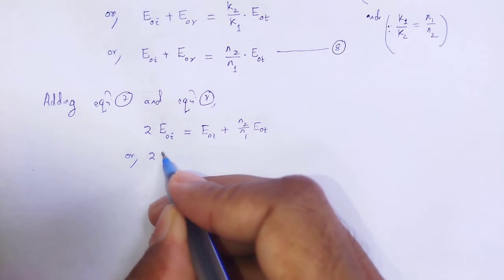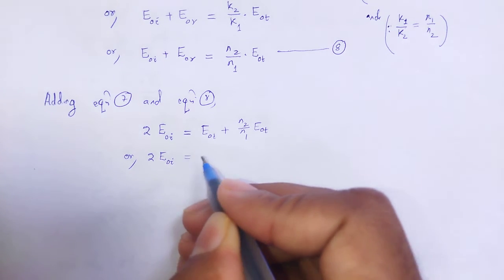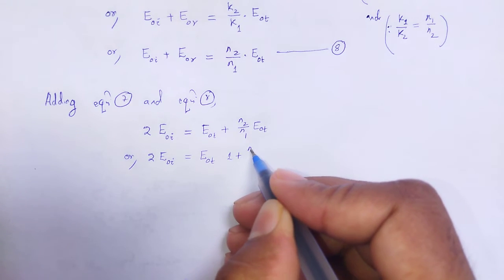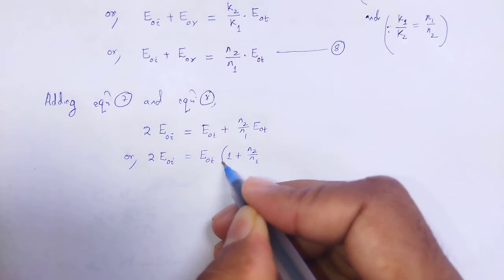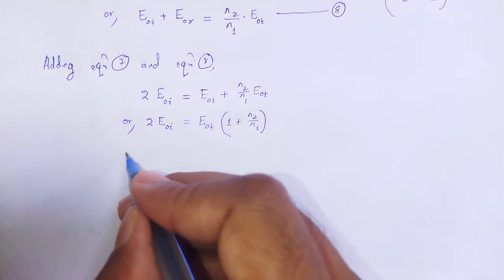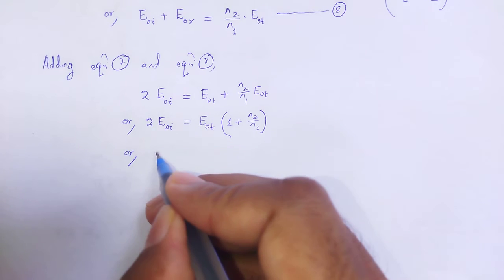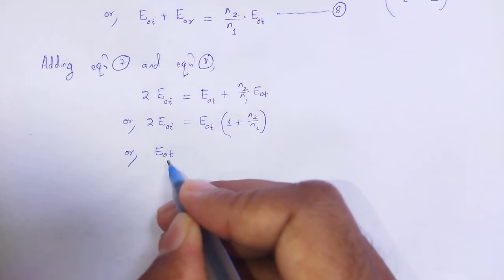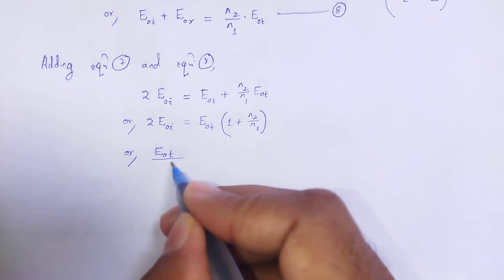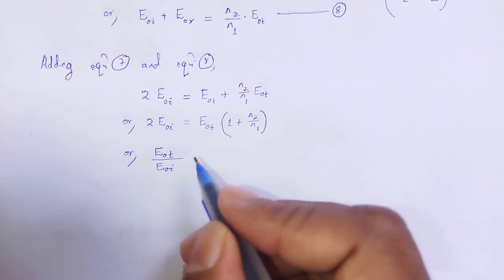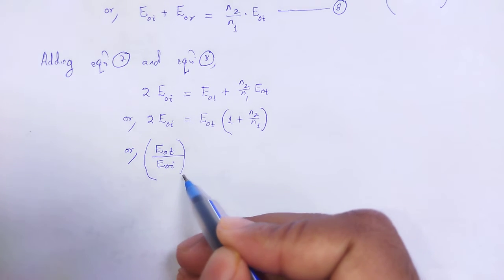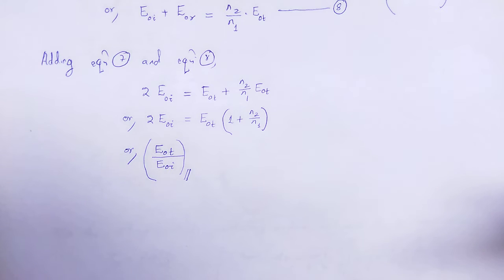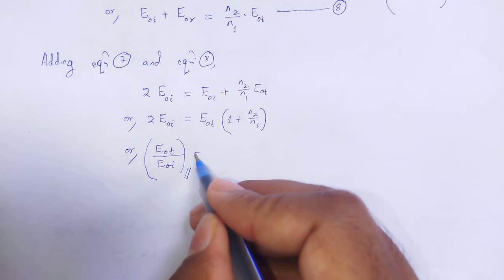Or E0I is equal to E0T common 1 plus N2 by N1. Our requirement is E0T divided by E0I, that for which situation we take it as the parallel condition, when the E vector is parallel to the plane of incidence. Therefore,